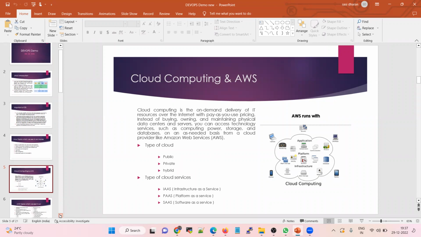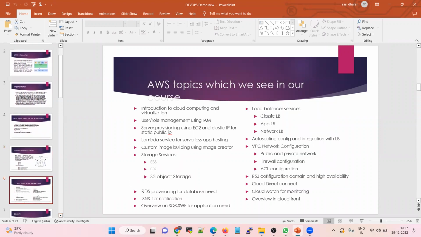What all the topics we are going to look into? Yes. Introduction to cloud computing and virtualization. User role management using identity and access management service. Server provisioning using EC2 and Elastic IP for static public IPs. Lambda service for serverless app hosting. Custom image build using image creator. Storage services: EBS, EFS, S3 object storages, RDS provisioning for database needs, SNS for notification purpose, overview on SQS,